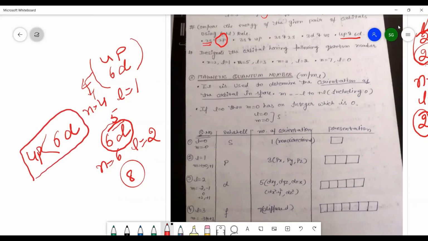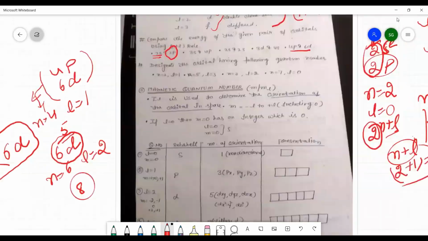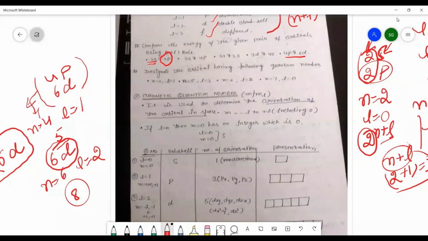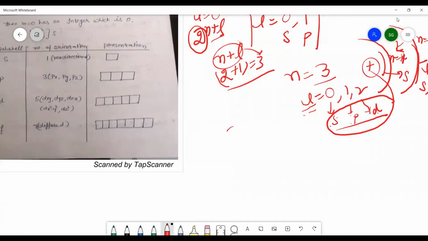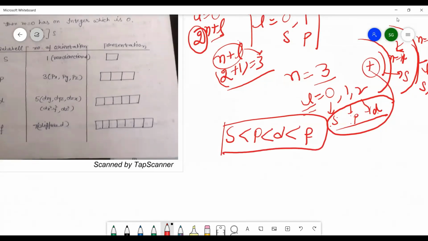So in this manner you can find out, the orbitals can be given to you and you can find out the energy comparison between the orbitals and find the right answer. And if we are moving from अगर s, p, d, f में अगर हम देखें तो s ऑर्बिटल जो आपका होगा s ऑर्बिटल हैज द लेस एनर्जी, s, p, d and f. एनर्जी विल बी इंक्रीजेज इन दिस ऑर्डर.